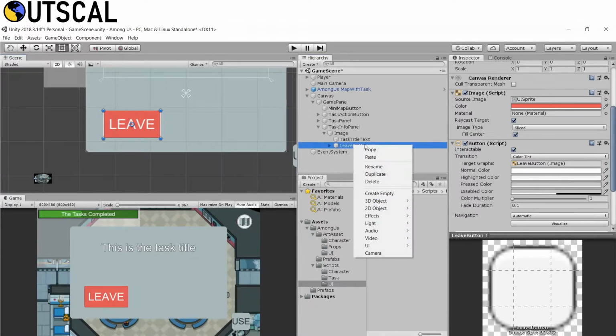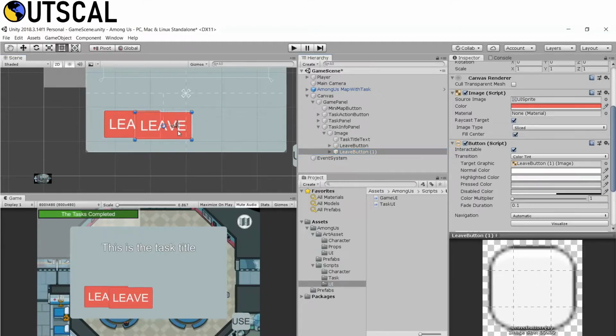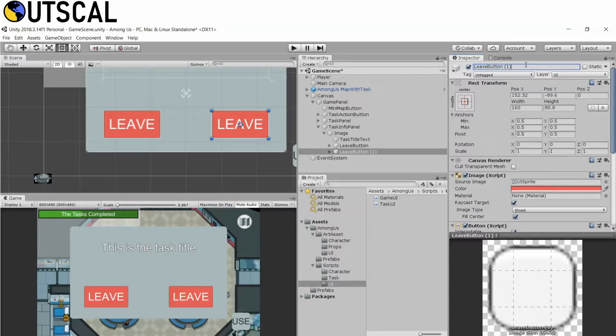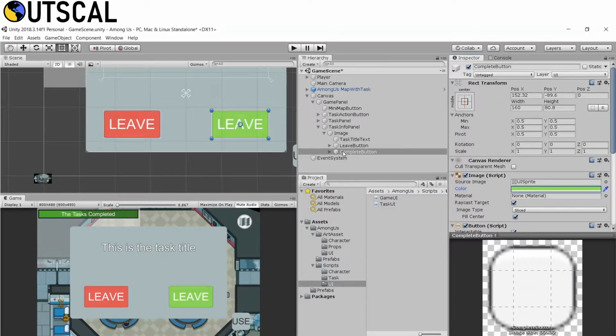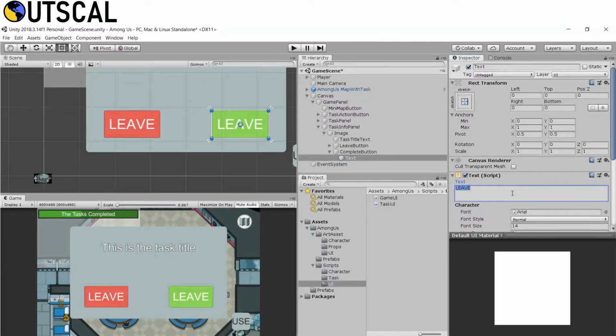Let's first duplicate, and let's make one more, and this will be the complete button. So by clicking on this button, we will make sure the task is completed, and this will be green, mentioning that this is the correct option for the player to make.